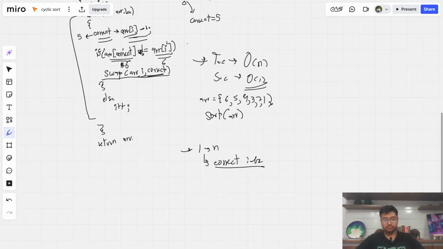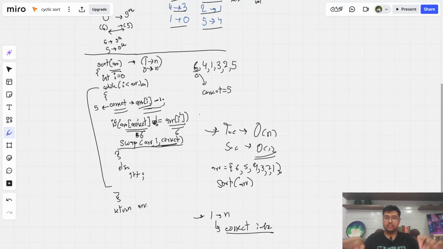So that's the cyclic sort. I hope you enjoyed this one. In the next videos we'll be solving some questions about all the previous algorithms that we learned, which means all the searching and sorting videos. I'll make a combined video based on sorting and searching, where specifically I'll be covering binary search and cyclic sort,